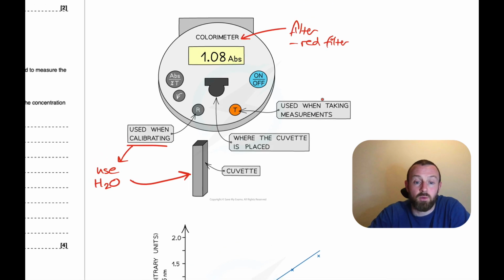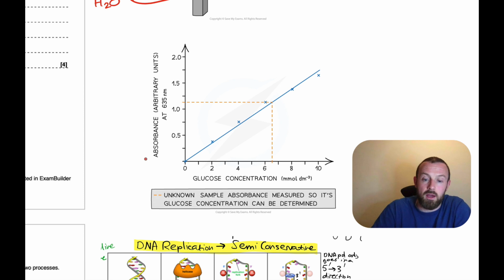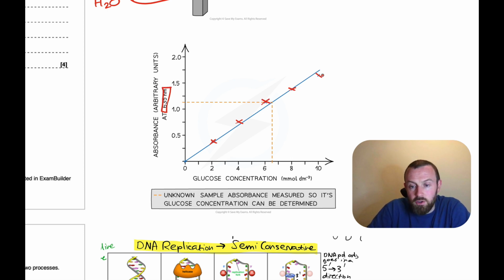a range of Benedict's tests with known samples. So what you do is you get known samples with known concentrations of lactose, and you do the Benedict's test with these known samples, and you measure their absorbance at 635 nanometers, that's with the red filter, and you plot them like this. You do a line of best fit, or a calibration curve. Then you would repeat the process again using your unknown sample, the same Benedict's test, same concentrations of everything, and you'd get an absorbance reading. So your absorbance reading would be here, let's say, and then you go across on your graph, you'd hit your line of best fit, and then you go down,